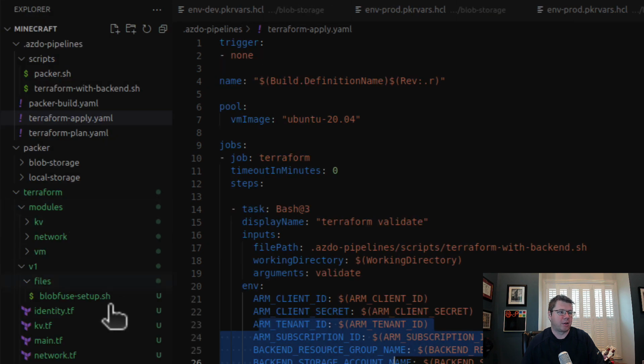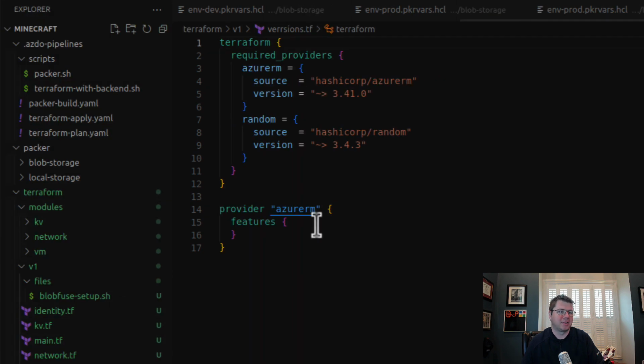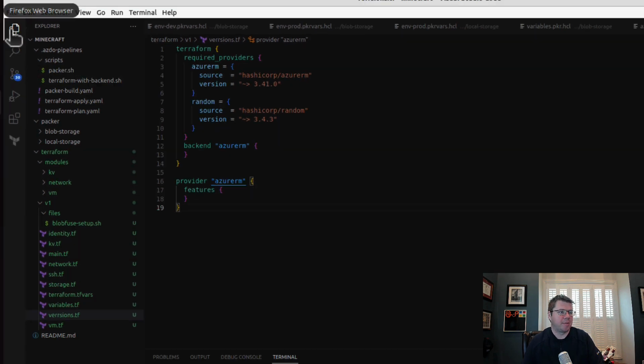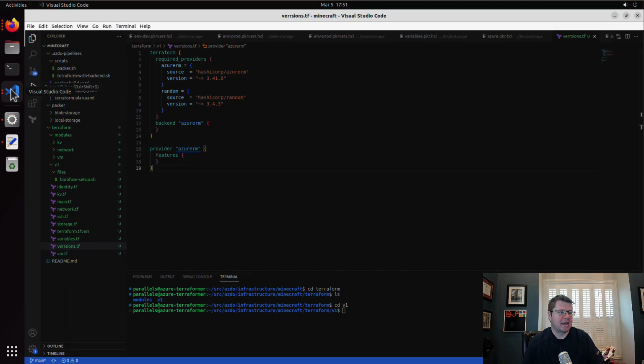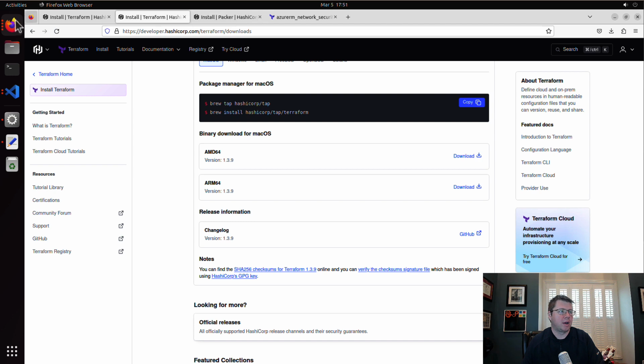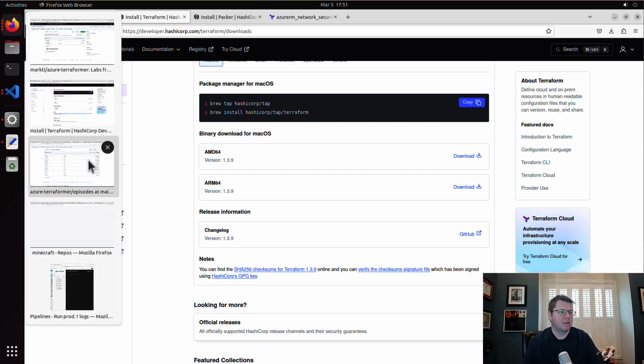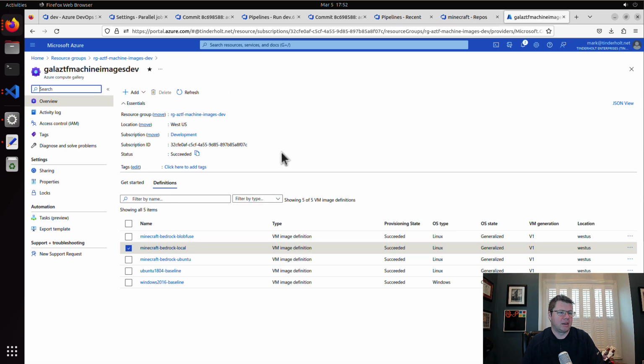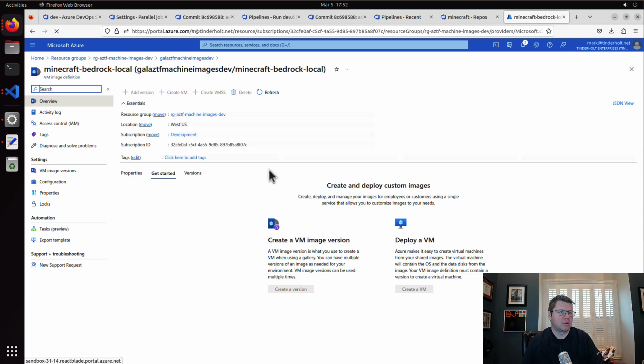So let's pop back over here. I know I probably could have just done that from memory, but I'm going to copy pasta that. Okay, so that's going to configure the backend. And the last thing that we need to do is we need to go update the virtual machine. So we need to get the image ID for dev. And we're just going to do local. So this is going to be